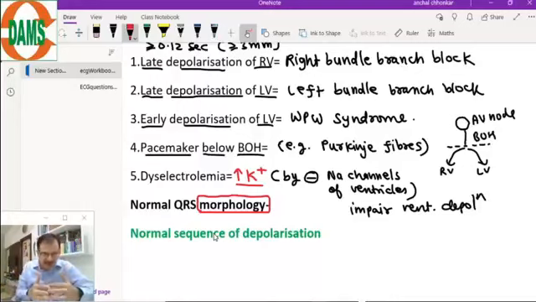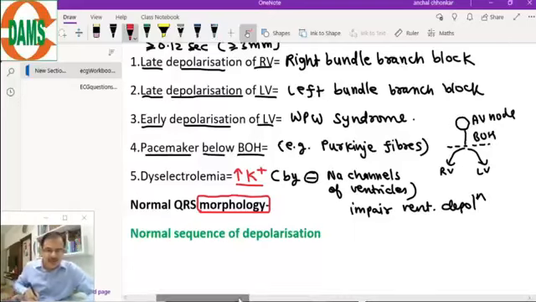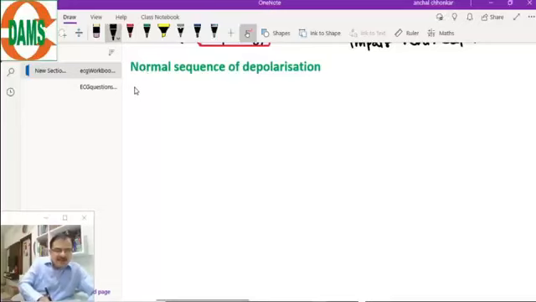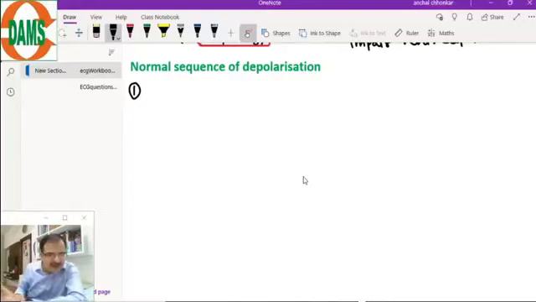Now we will understand how this morphology of the QRS is created. For this, we need to understand the physiology of ventricle depolarization accurately. So I will make a table, a diagram, and the ECG, and numbering will match on each aspect of understanding. First is the normal sequence of depolarization of ventricles. If I have written number 1 in the table, that number 1 corresponds to the event in the diagram and in the ECG.